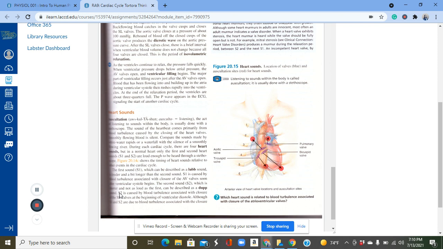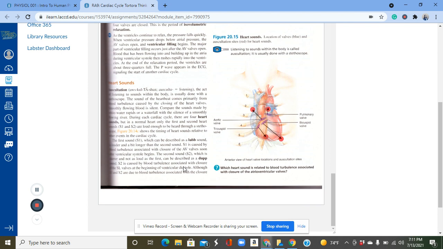S1 is caused by the turbulence associated with the closure of the AV valves soon after the ventricular systole begins. The second sound, or S2, is softer and not as loud as the first, and can be described as a dub sound. S2 is caused by the blood turbulence associated with the closure of the SL valves at the beginning of